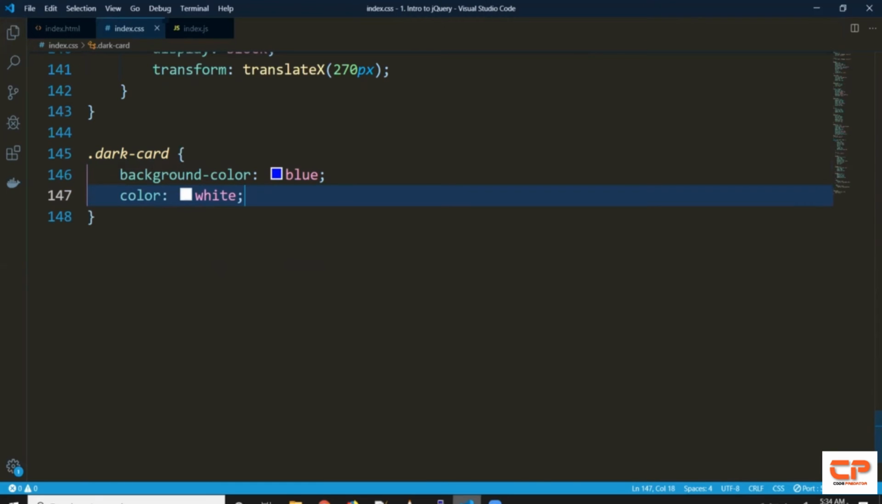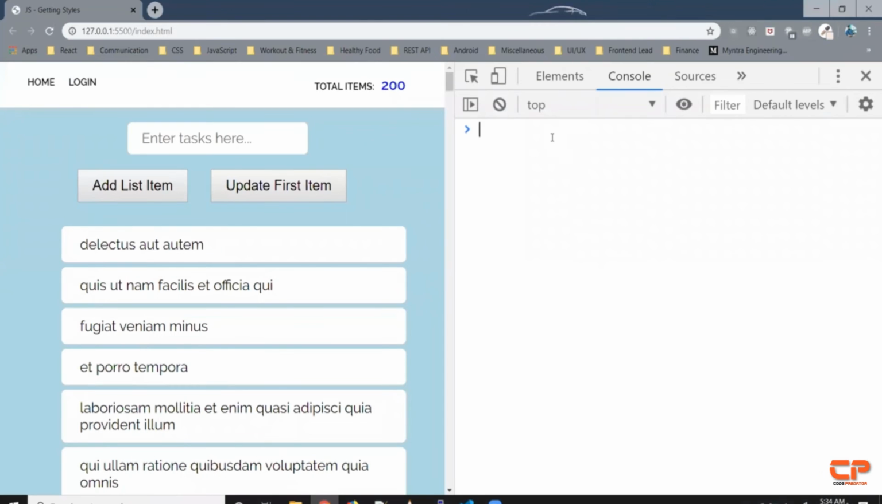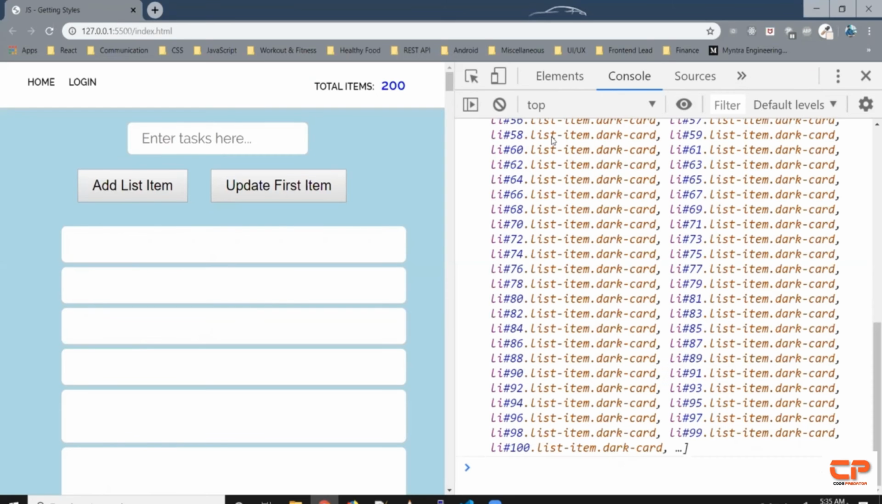Let's save it and come back. Let's select all these list items again. So list-item. Now to add a class, jQuery gives us a method called addClass. So .addClass, and let's pass the value here. The class name was dark-card. So when I hit enter,